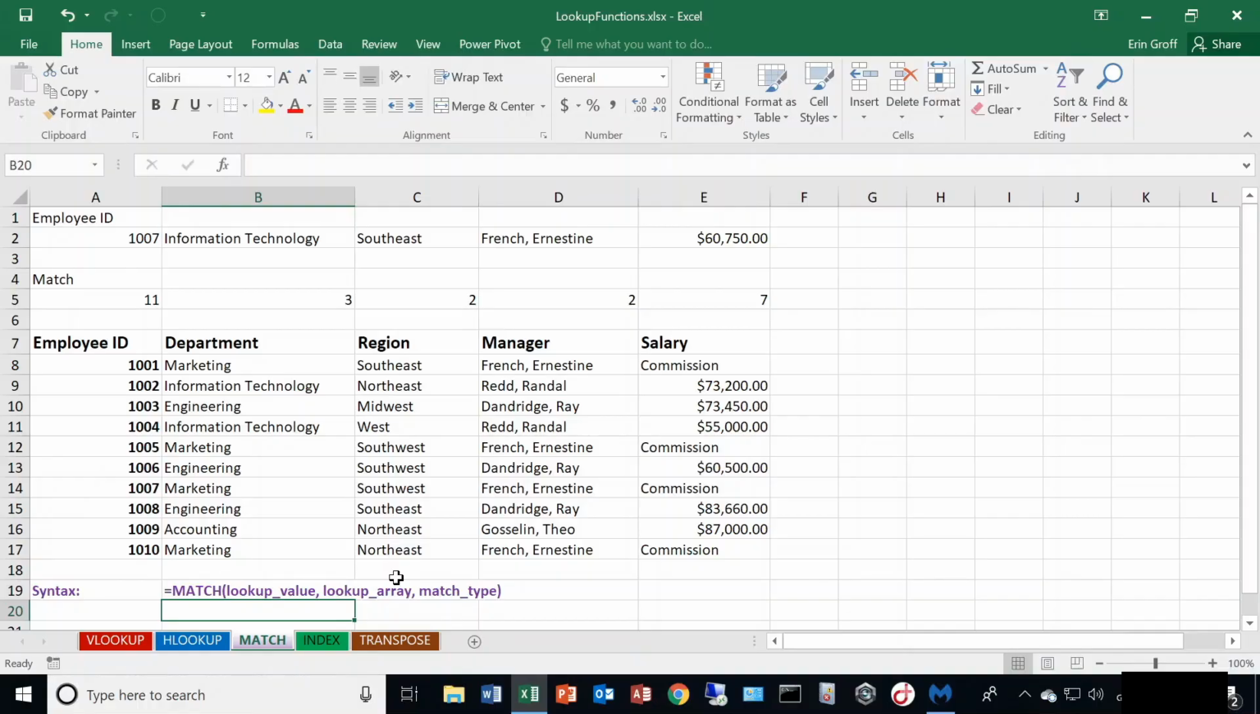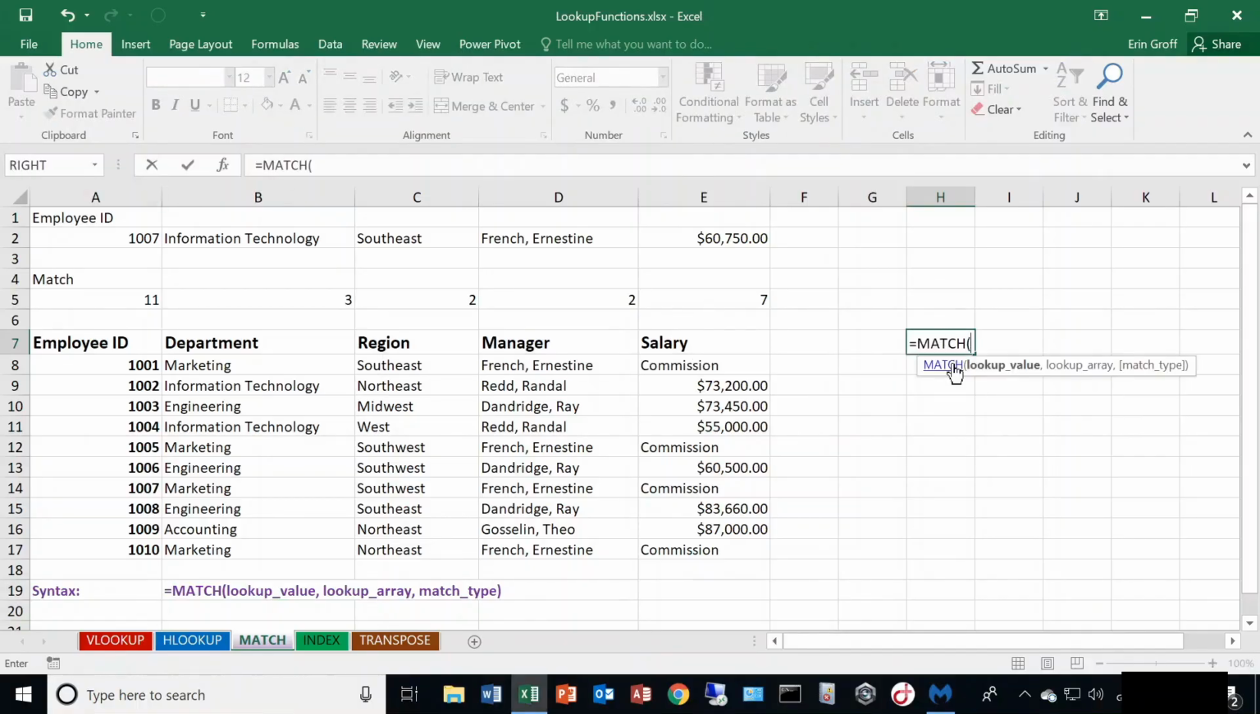The value 1 tells the function to look for the largest value that is less than or equal to the lookup value. The value 0 tells the function to look only for an exact match of the lookup value. And then the value -1 tells the function to look for the smallest value that is greater than or equal to the lookup value. So, for example, we'll do equals